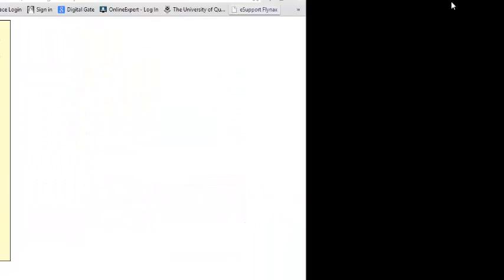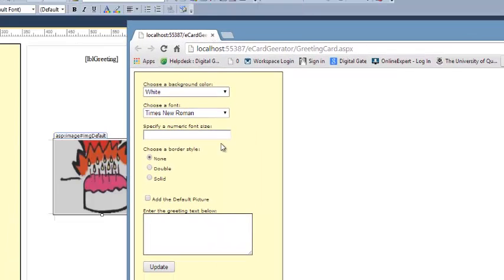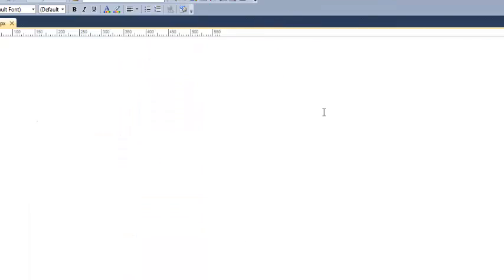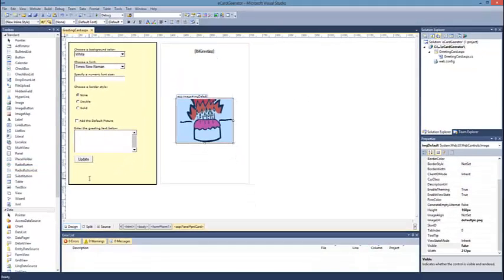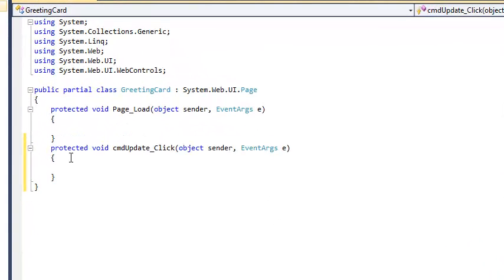our application. So we can find here that if we click update, nothing will happen, because we have to write C# inside the update button to generate the greeting card by using this web application. Now the last step for this web application is to write the C# code. So I will double click on the update button and we will write our code here inside the command update